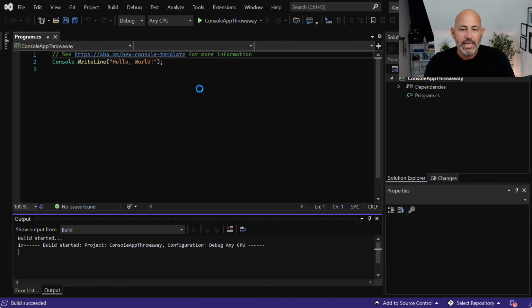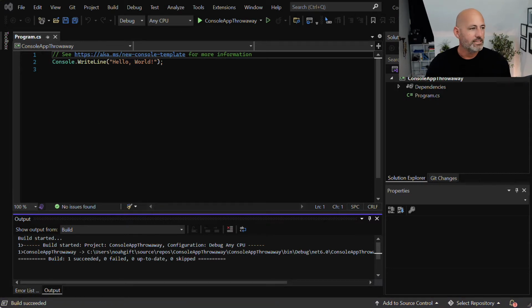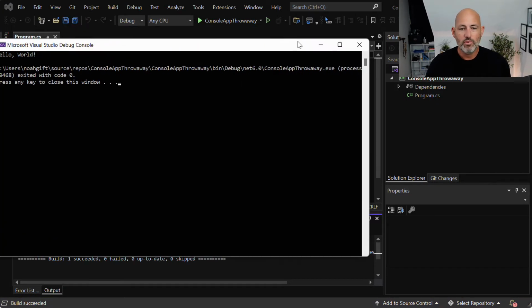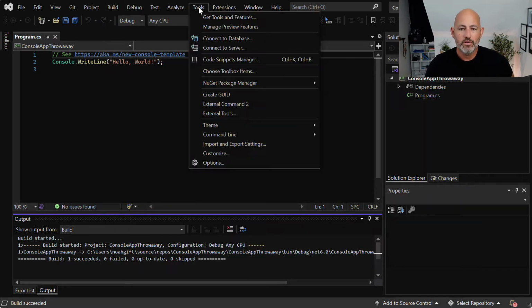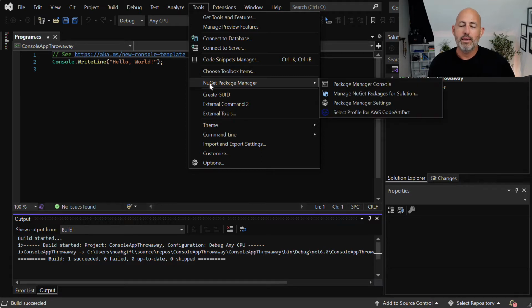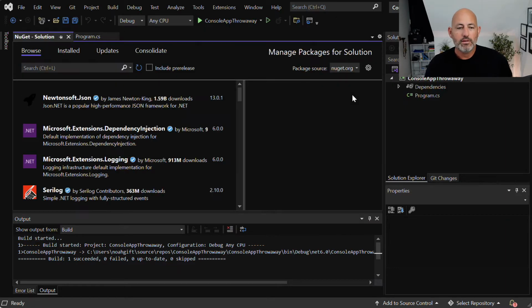Now, how would I get all of the magic AWS tools available to me? Well, the way you would do that is you would go over to Tools and select something called NuGet Package Manager. When we go to NuGet Package Manager, you would go to Manage NuGet Packages for Solutions. We go through here, and then I can get access to tons of different things. Like, for example, a very common one people like to use is